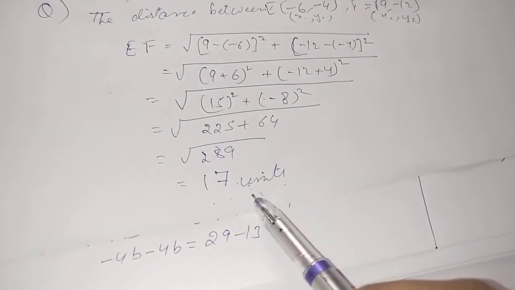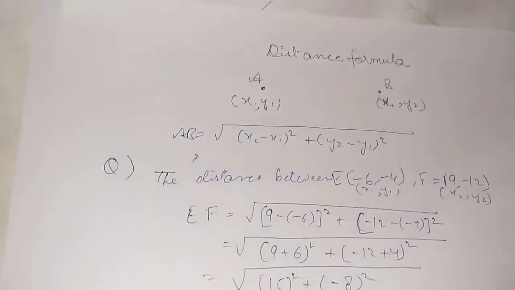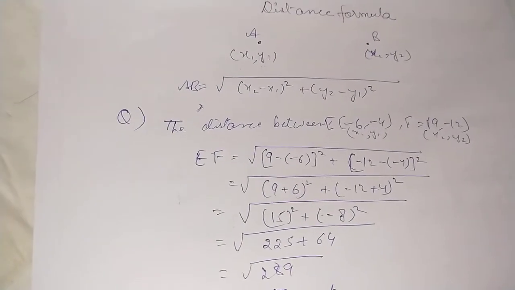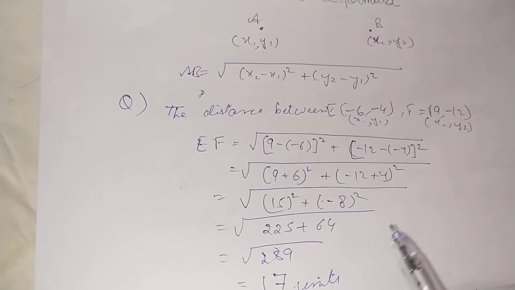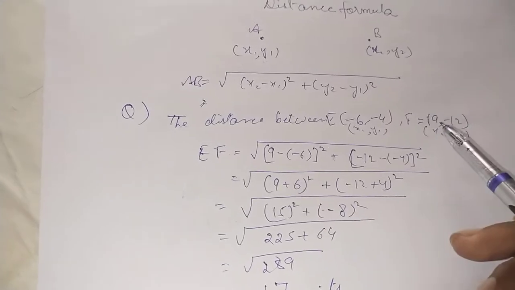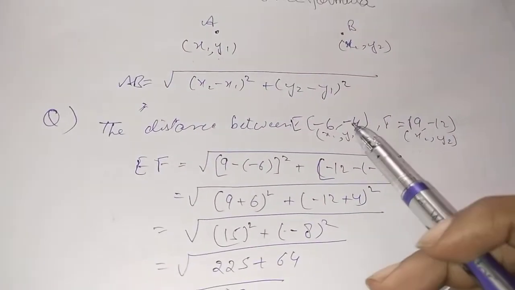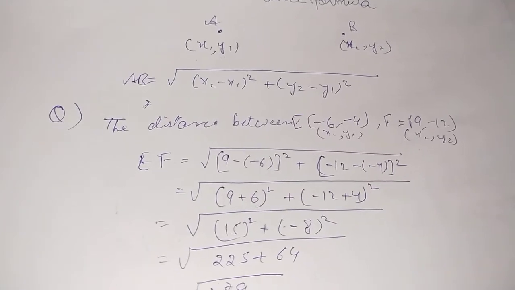Clear? So that means we'll just write down units over here to show the distance between these two coordinates. Before you move ahead, pause it and have a look again at the working in the steps. How has the formula been implemented? Why have I written minus and minus? Because the differences are like 9 minus of minus 6, so that is why it has been written in this very form.